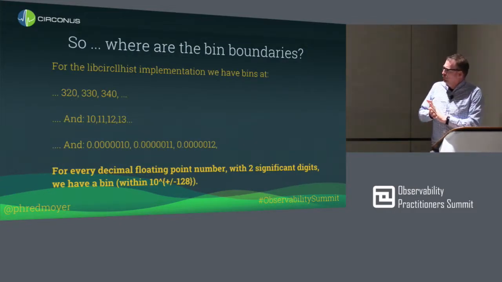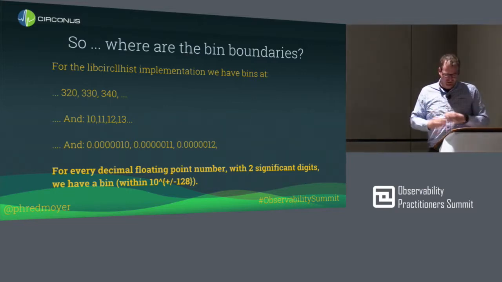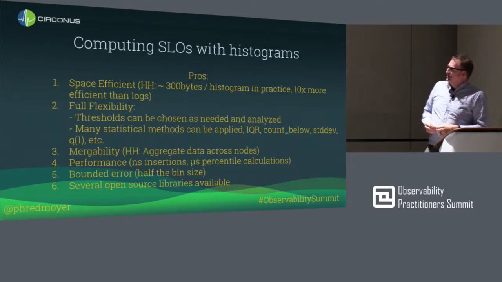And one of the other interesting things about this is, sorry, I should have my notes on that one. I'll get back to that. So let's take a look at